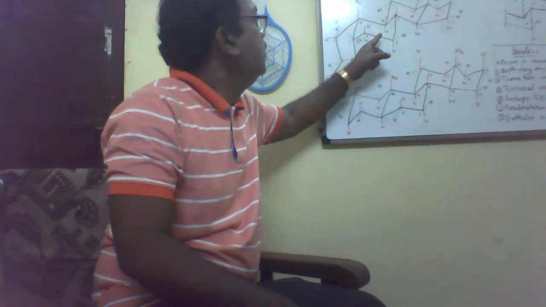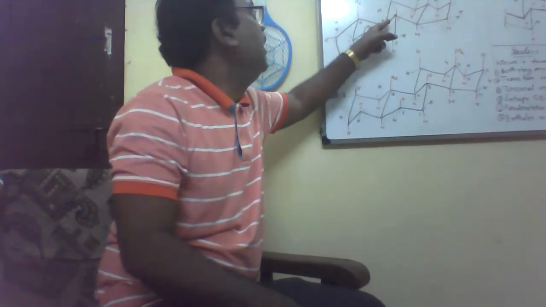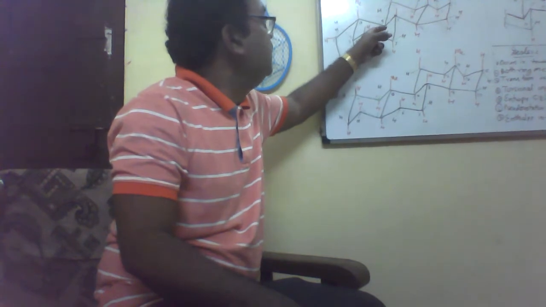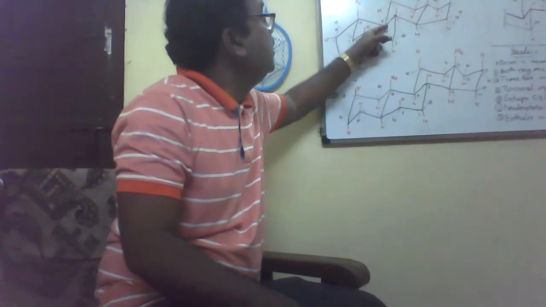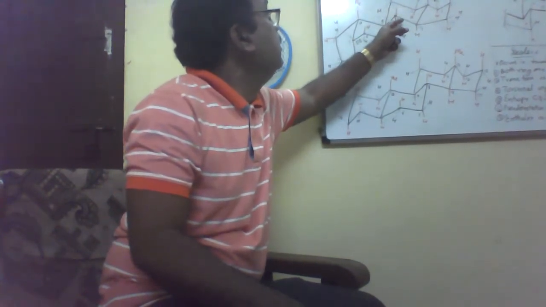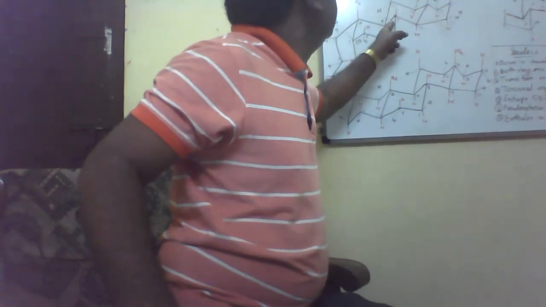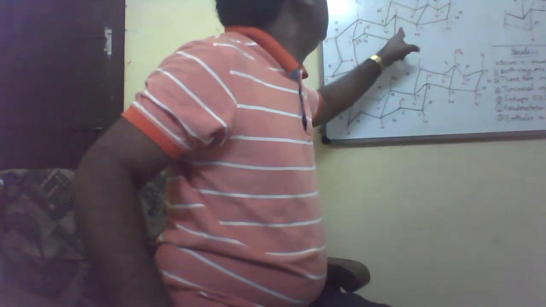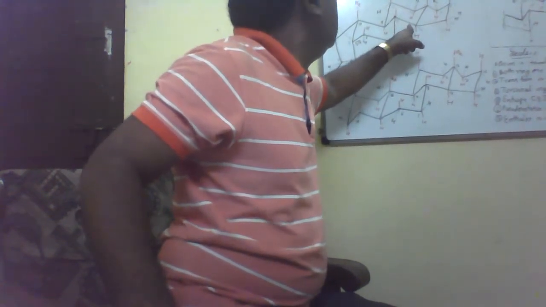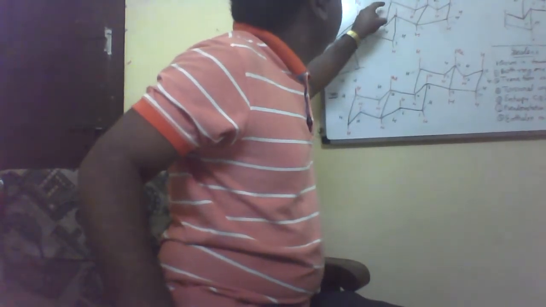So now next, ring B and ring C, how are they attached with each other? When we consider this B ring, this bond is equatorial. And what about this bond? Both are equatorial. So this carbon-carbon bond and this carbon-carbon bond are both equatorial. 8 and 14 is equatorial bond because this bond is axial, and this bond is equatorial. So this bond fusion is equatorial bond fusion.